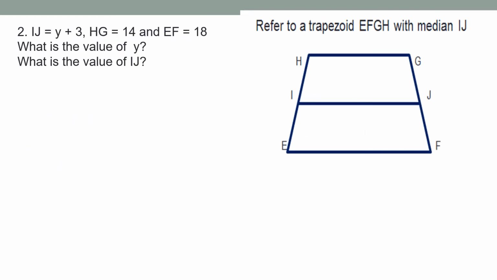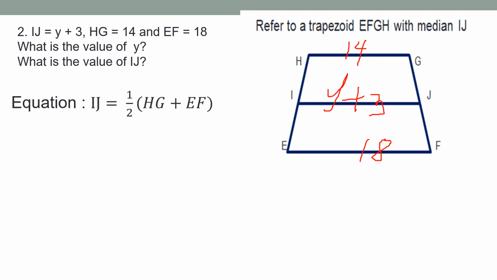Now, number 2, IJ is equal to y plus 3, HG is equal to 14, EF is equal to 18. What is the value of y? What is the value of IJ? Using the same formula, IJ is equal to 1 half times HG plus EF. Y plus 3 equals 1 half times quantity 14 plus 18. Okay, so before we simplify the expression inside the parentheses, we must